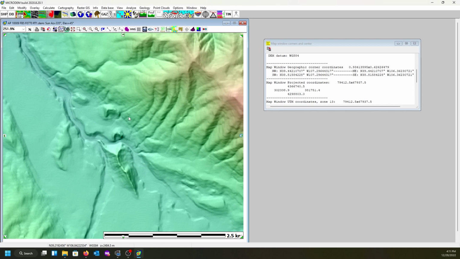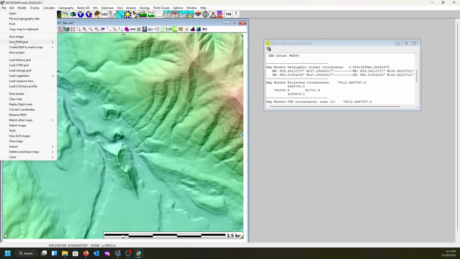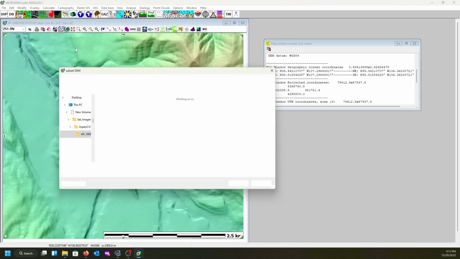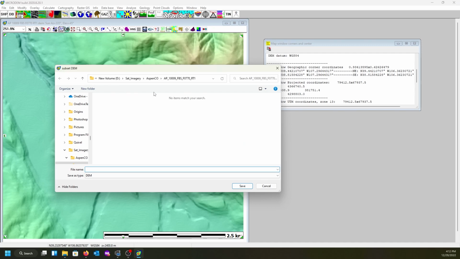All right. So, what we're going to do is go up here to File, and we're going to save Dem Grids, and we're going to go with the current subset. Okay. And this is going to go into our Aspen, Colorado. I'm going to drop it one level up. Okay. So I'm still in my Aspen, Colorado folder for this one, but I'm going to go ahead and put it in here, and we're going to call this one